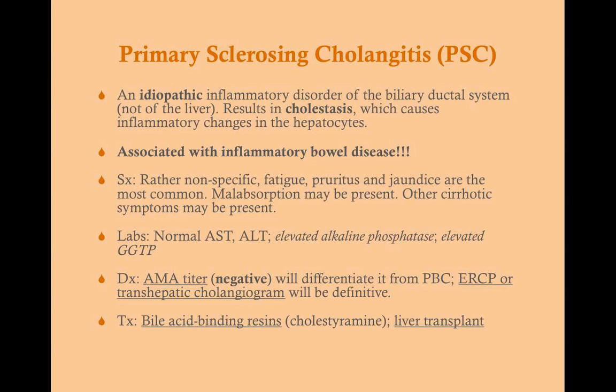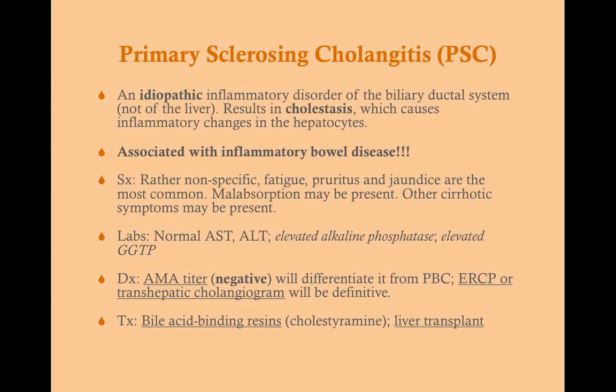That's a visible thing. So when you have a patient that you are suspecting PSC, so for instance, ulcerative colitis, 45 years old, comes in with jaundice, then what you should do is get your liver function tests, and what's going to be notable here is that you're going to have normal liver enzymes. Why are the liver enzymes normal? Well, because you don't have a disease that attacks the hepatocytes. Your hepatocytes are fine, at least early on in the disease. And so you'll have a normal AST and ALT.